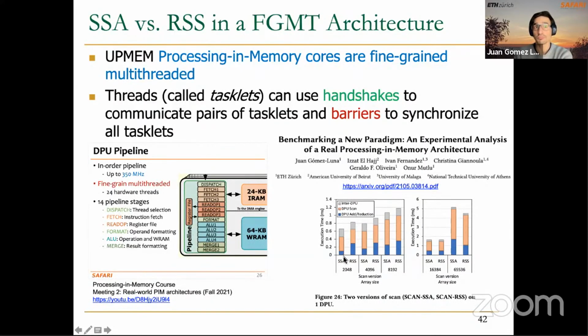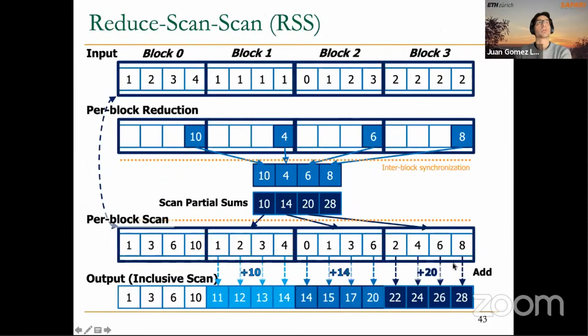And this is because the add kernel, the add stage in SSA, doesn't need synchronization primitives that are relatively costly on this architecture. However, when the size of the array increases, at some point, the overhead of the synchronization primitives is not much anymore, and the RSS version starts outperforming the SSA version. So this is our reduced scan. We have compared it to the scan-add